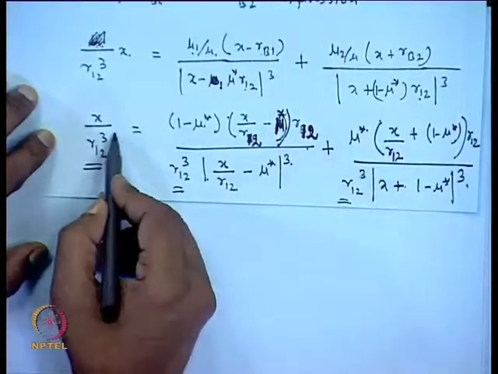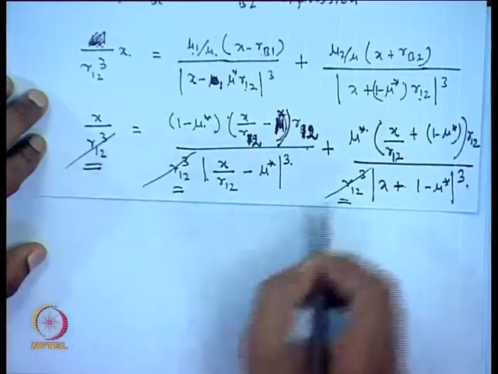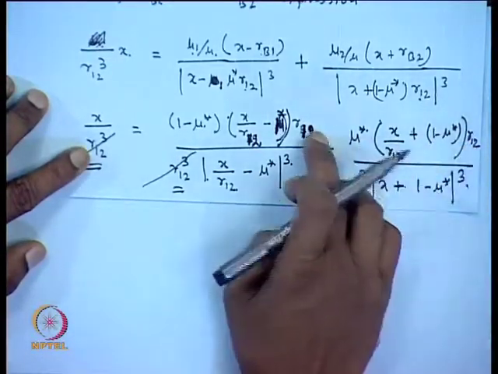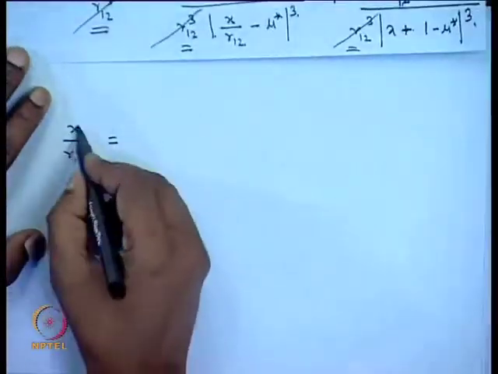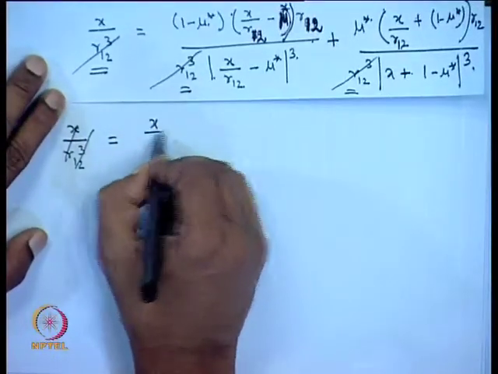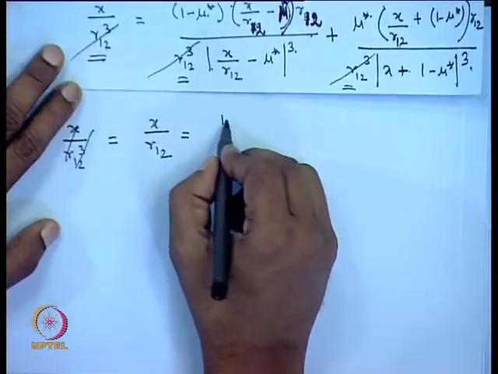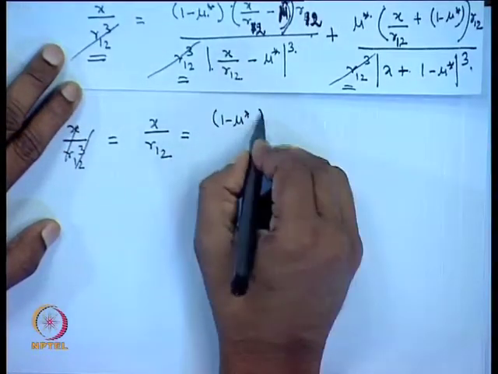So, we can cancel it out on both the sides. Okay. After cancelling this, what remains is r 1 2 here in this place. So, this can be brought on the left hand side. So, we directly write here x by r 1 2, this is equal to 1 minus mu star times